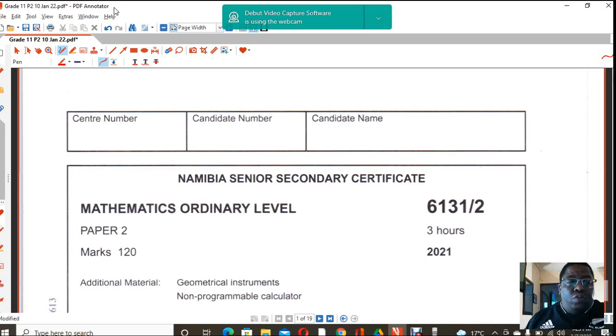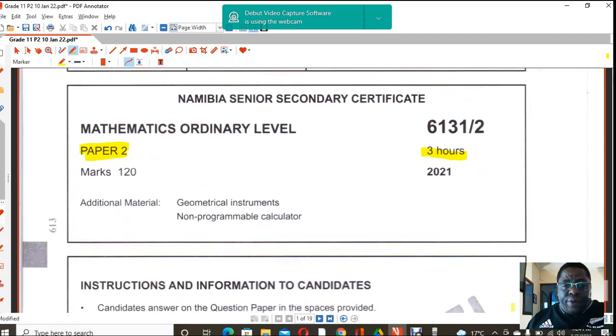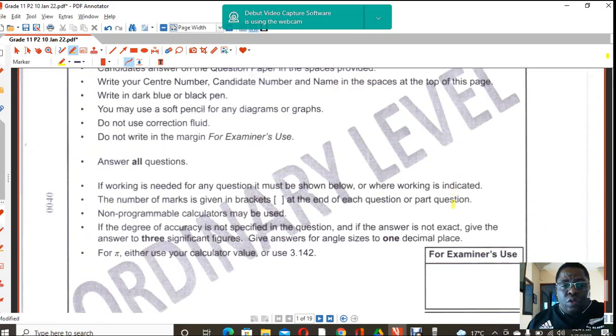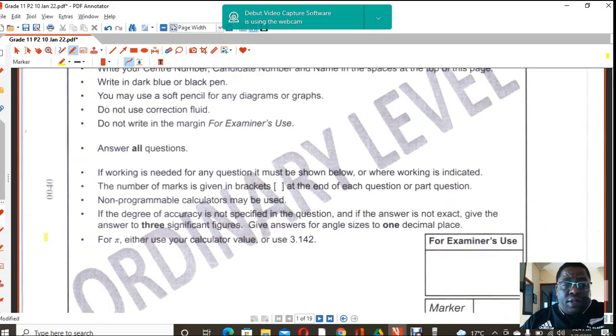So I'm doing paper 2, the one that was written by the grade 11s. It was written in January of 2022, after those leaked ones. All right, so before we start, I just want to bring your attention to a very important part, which is